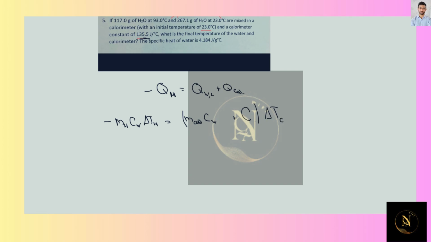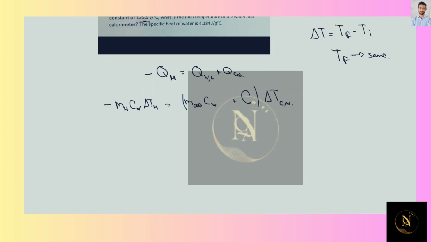And this is going to be calorimeter plus water system. Let's call it like that. So remember that the delta T is going to be final temperature minus initial temperature. So the final temperature for all of the systems is going to be the same, since we're going to reach equilibrium by the end. So replacing this value for delta T, what we're going to get is minus mass of hot water times heat capacity of water times final temperature plus mass of hot water, heat capacity of water times initial temperature of the hot water